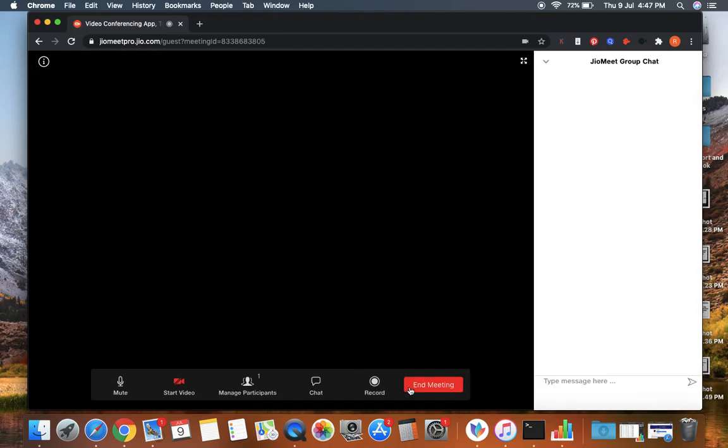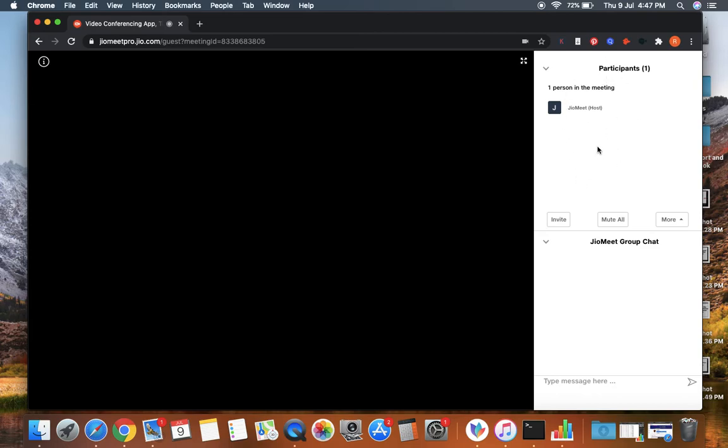And the chat room will be available, because if any participant can't talk or is having some problem with the audio, they can use the chat facility. Okay, and you can mute yourself and you can unmute yourself. These are the two options. See, once everything is over, it's fine. And see, this is the participants list. You can see all the participants who are there in this participants list. If you want, you can invite others and you can mute all, and you can lock the meeting.